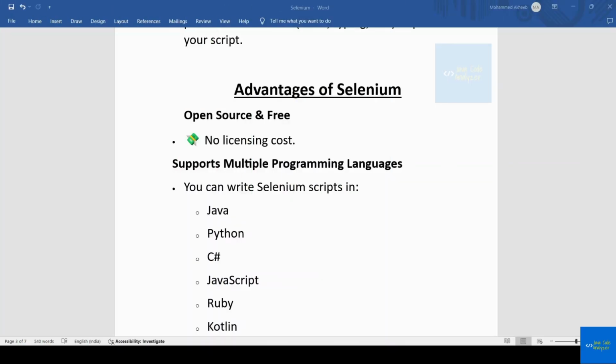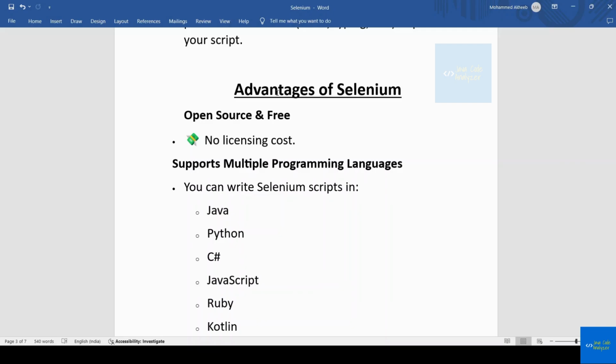Now let us see the different advantages of Selenium. Advantages and disadvantages of Selenium. This is a very common interview question: what are the benefits of Selenium, or what is the advantage of Selenium in your project? They will be asking it in an interview as a real example, but we can try to give the same answer